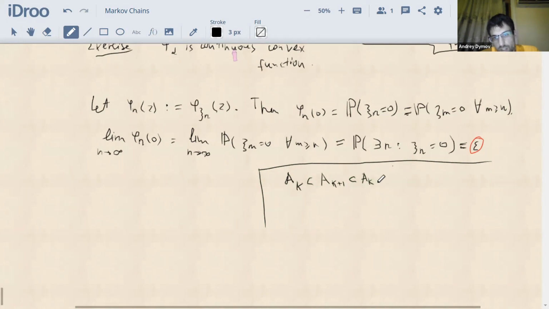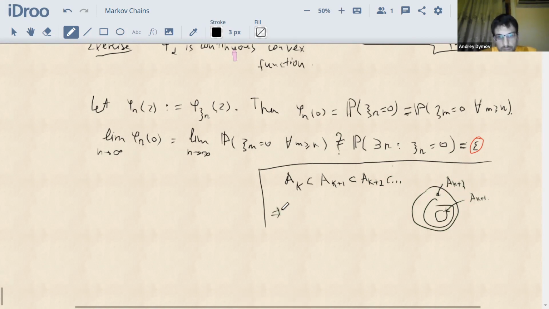So the previous events are nested in the following ones. I am now explaining this transition. We have such a picture: this is A k plus 2, this is A k plus 1, and so on. Then the probability of the event A k tends, when k goes to infinity, to the probability of the event A,